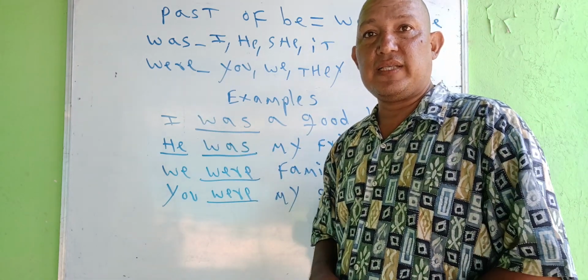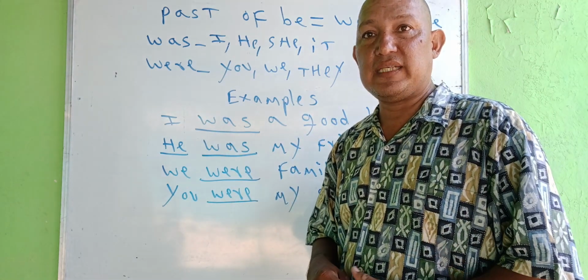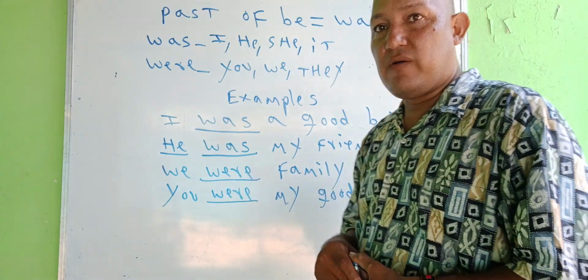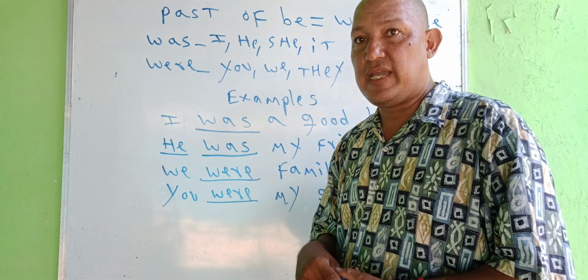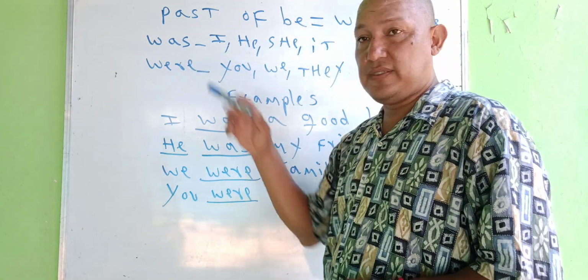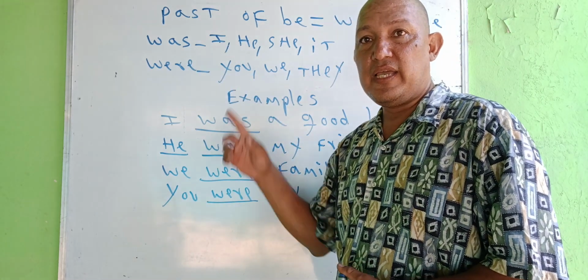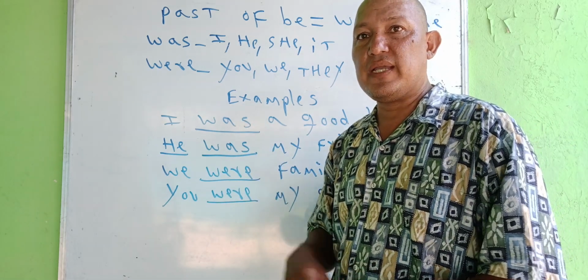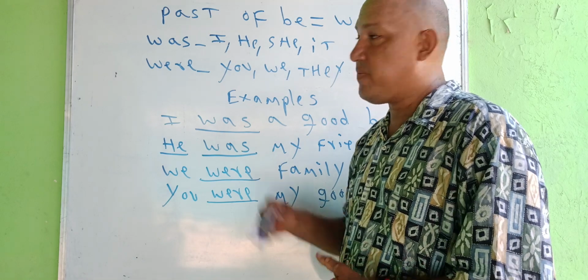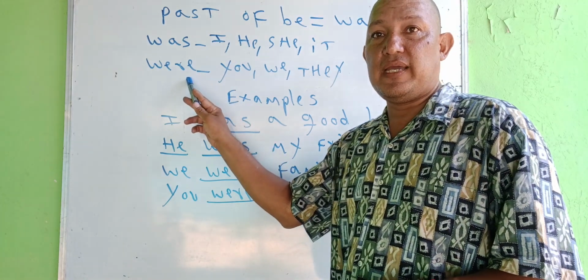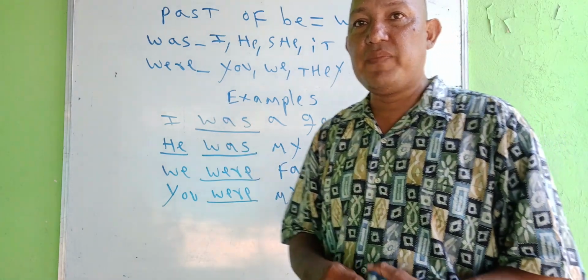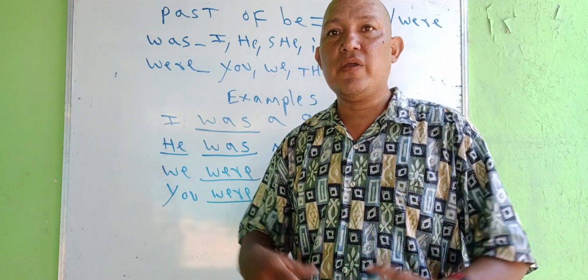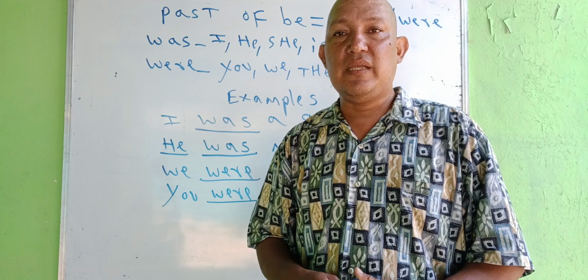For example, when I was teaching English, I remember one of my students, I was correcting him, he told me, teacher, you was my good teacher. No, that is not correct. Why? Because the correct form of be is were, according to the rule. This is very important. We'll explain to our students how we're going to use was and how we're going to use were when we're talking about a statement in simple past tense.